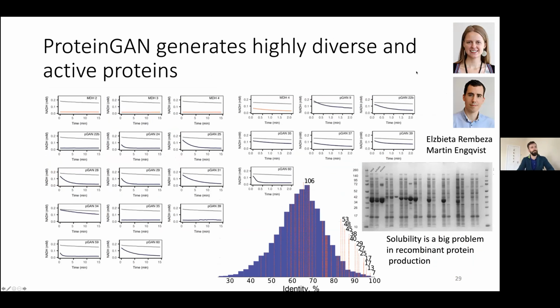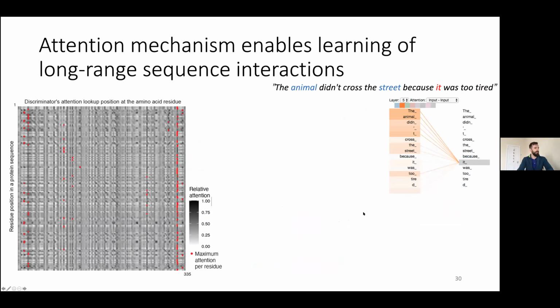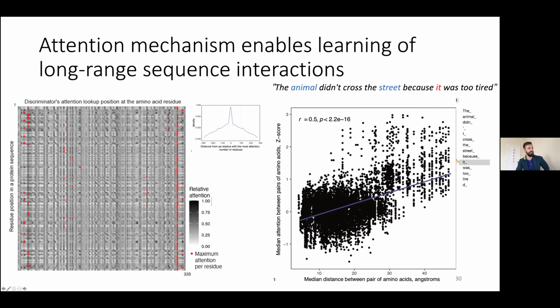We did the experiments, Martin was doing them, and Ella did experiments as well, and we showed that there are very highly active enzymes. To get these randomly is virtually impossible, given the number of mutations existing in the protein. I don't want to go into the details due to lack of time, but the whole point is